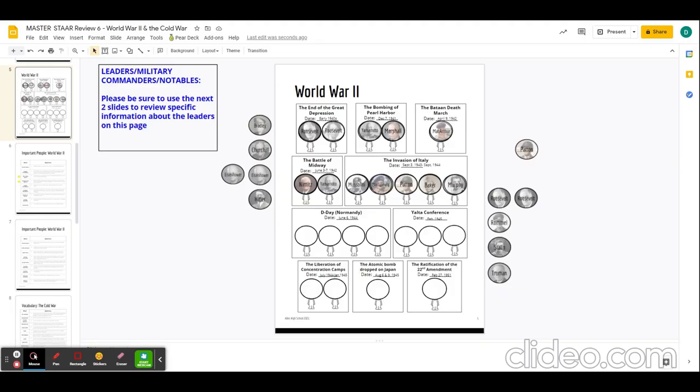All right, D-Day, the turning point in World War II in Europe, the greatest land invasion in the history of the world, June 6th, 1944. So who are we fighting against? Well, Hitler was not the leader of France, but at that point, France was under Nazi control. And so we have Hitler, and we have his top commander, Erwin Rommel, also known as the Desert Fox. He had led a lot of the fighting in Northern Africa as well.